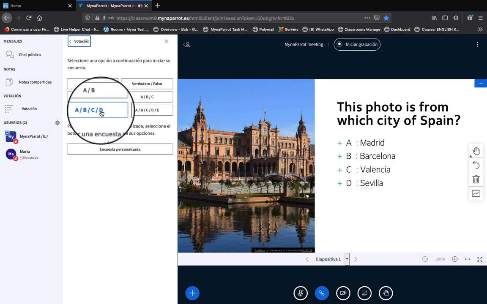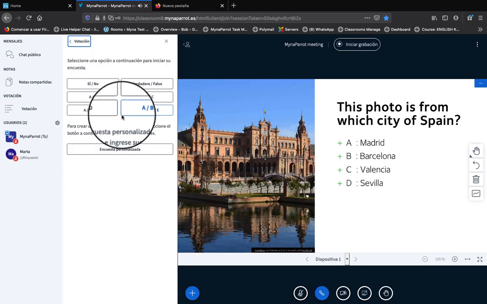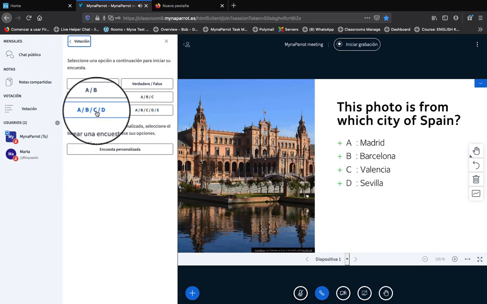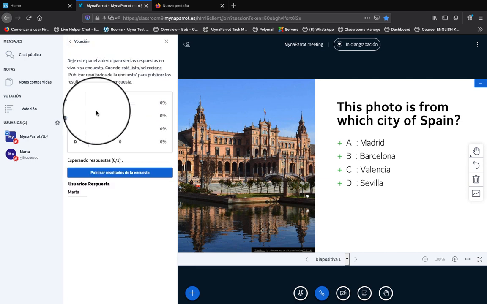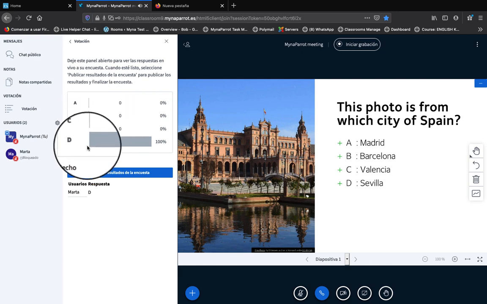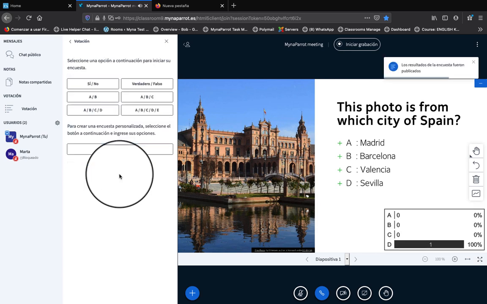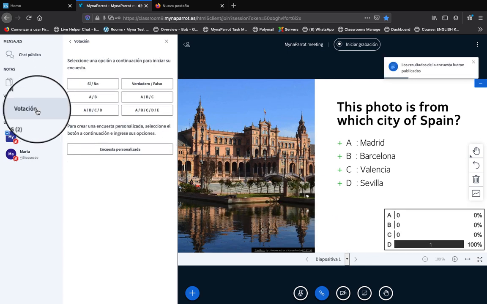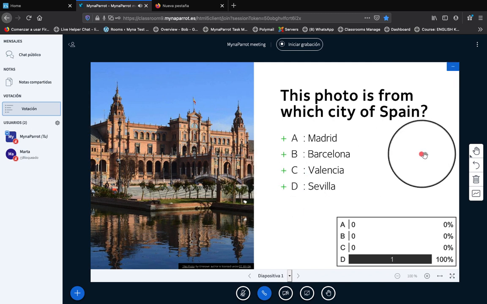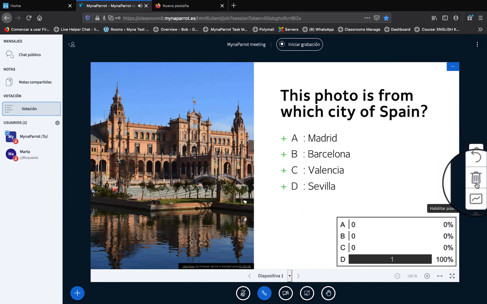Let's say I want to do a poll and ask the students what the result is. BigBlueButton actually can realize that you have a poll for A, B, C, D. You also have the polling option here. And I can choose A, B, C, D, so if I do it, the students are all presented with a poll. I can see there's one response, and I can publish the results. When polling is done, I close the poll, and then I can clear the polling results if I want.